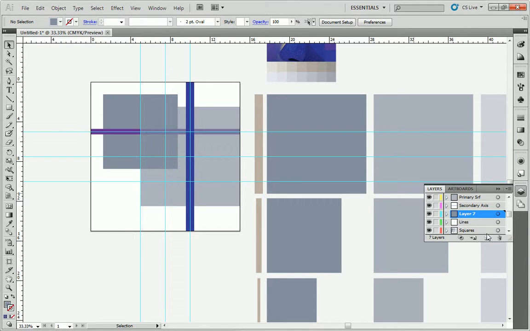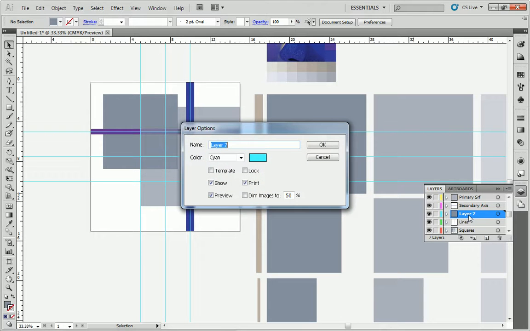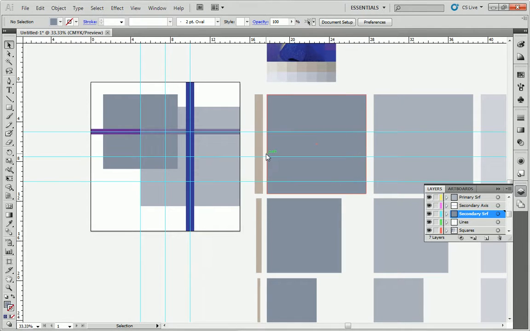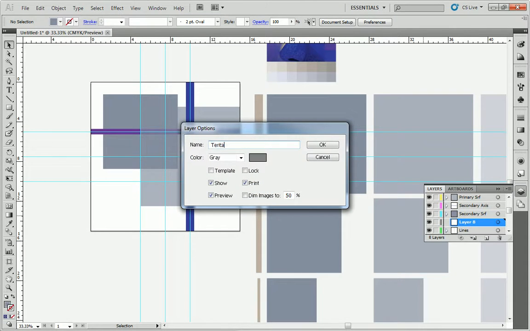And then, basically at this point, you just keep, name it, create a new layer, drop some geometry. Name it, create a new layer, drop some geometry. And then from there, you just start to create the language that it's going to communicate. So for me, I'm building off of that primary corner, and I'm just continuing to generate. That's basically it. So this one I'll have to call secondary surf, new layer, under secondary surf, and this one's going to be